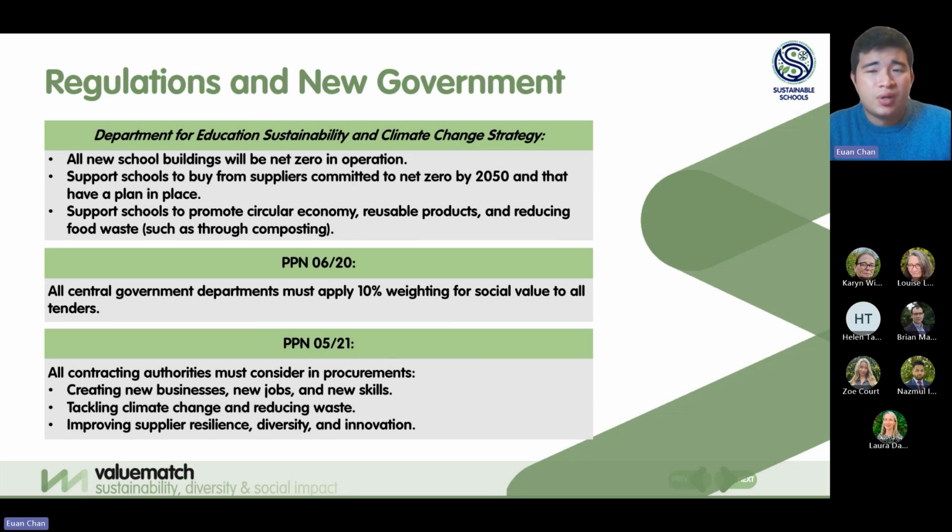For suppliers that are supplying or plan to supply to the wider public sector, one thing that's important to know is that according to PPN 06/20, procurement policy note, central government bodies have to have a 10% weighting for social value priorities within their tenders as a minimum. Some councils, some public contracting bodies are going up to 15, 20, sometimes even 30% of the weighting. So purchasing teams are also allowed to go higher on the weighting if they can justify it.